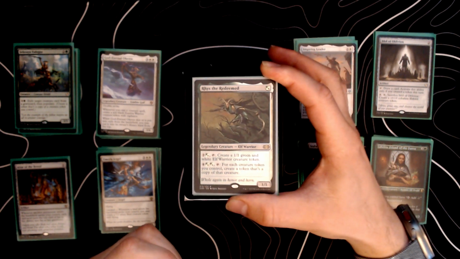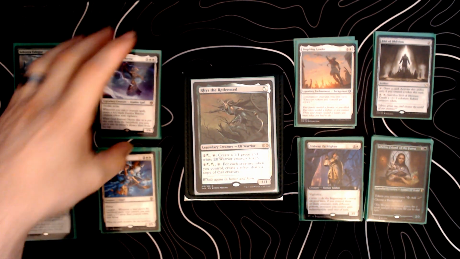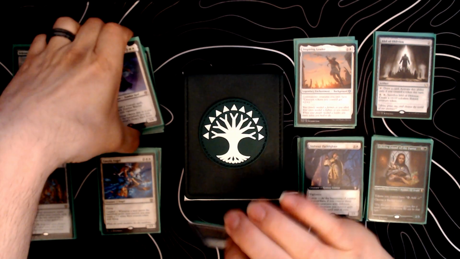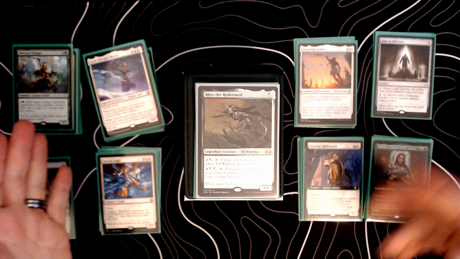So the main goal of the deck is to go wide, make as many tokens as possible. So we have a lot of ways to make tokens in this deck. It all starts with a commander. If you don't want to use Rhys the Redeemed as your commander, there's a few other creatures that you can see that can be your commander,